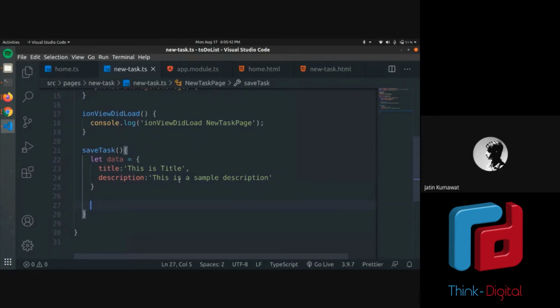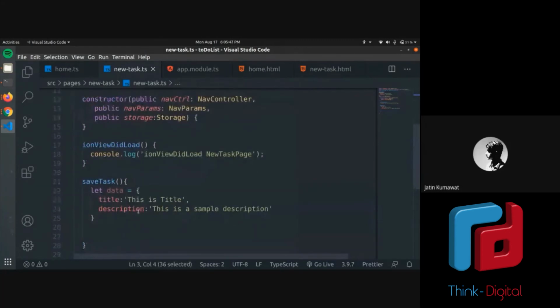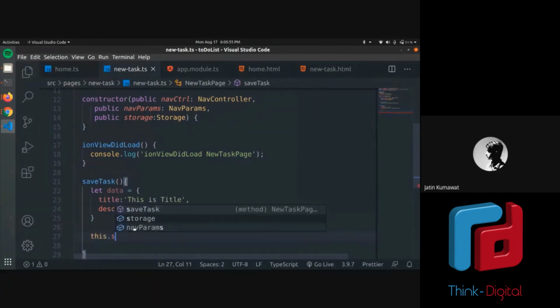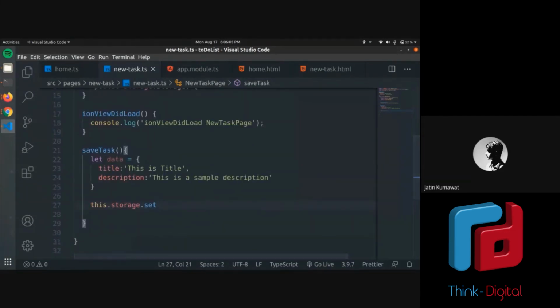Now I will store this object into storage. As I've already imported storage here and assigned it to a variable, the only thing left is to store it in local storage. There is only one command I need to write: this.storage.set. The set function will save your data to the local storage of your app or browser.